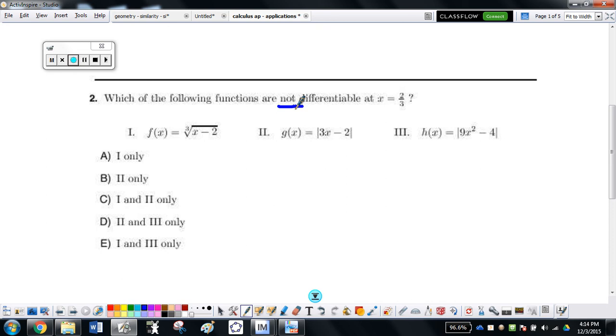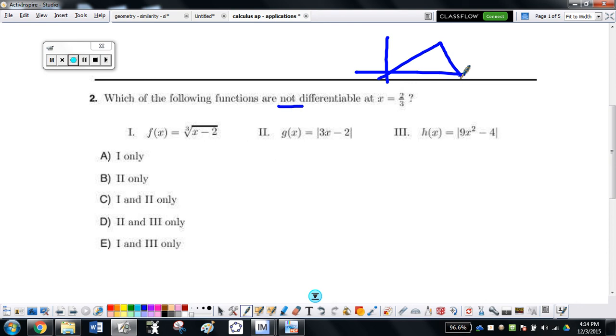Oh, sorry, I take it back. If something is not differentiable, could it be continuous? Yes. Remember, you can draw this in one stroke, right? Can you drive over that? No. So it's non-differentiable, but it is continuous. So checking for continuity is not sufficient. What you've got to figure out is